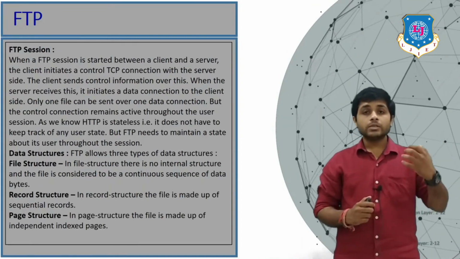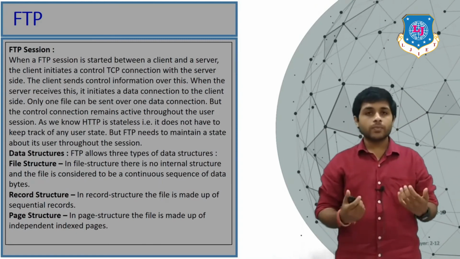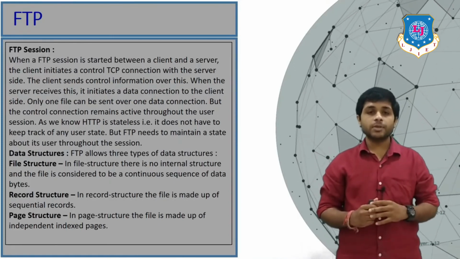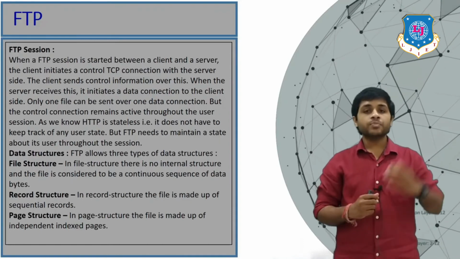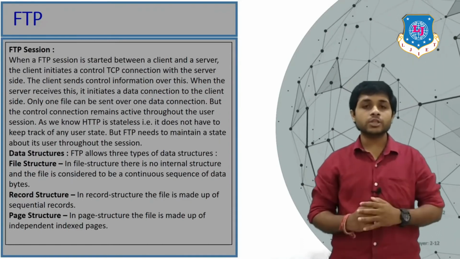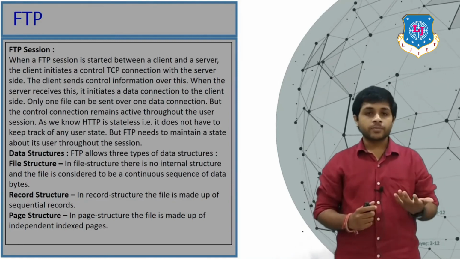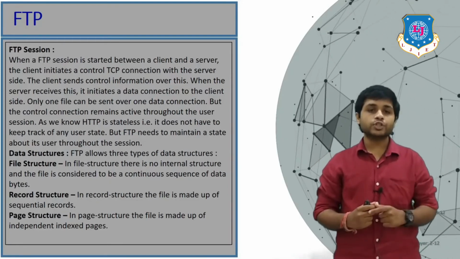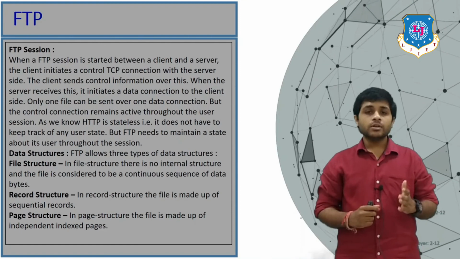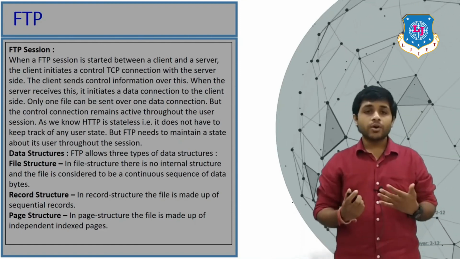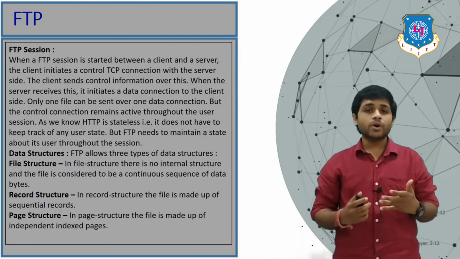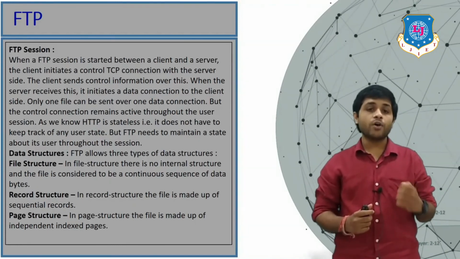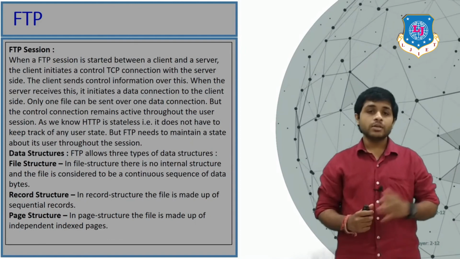Now let's see more about the FTP. When you want to access any file on the server, your computer creates the FTP session, the control connection is established, the data connection is established, and after the control and data connections are established, some information is exchanged over the control connection. After that, the data will be transferred. There are different data structures supported by the FTP, which are the file structure, record structure, and page structure. File structure means that there is no internal structure, and the file is considered to be a continuous sequence of data bytes, right? What is a record structure? In a record structure, the file is made up of sequential records,